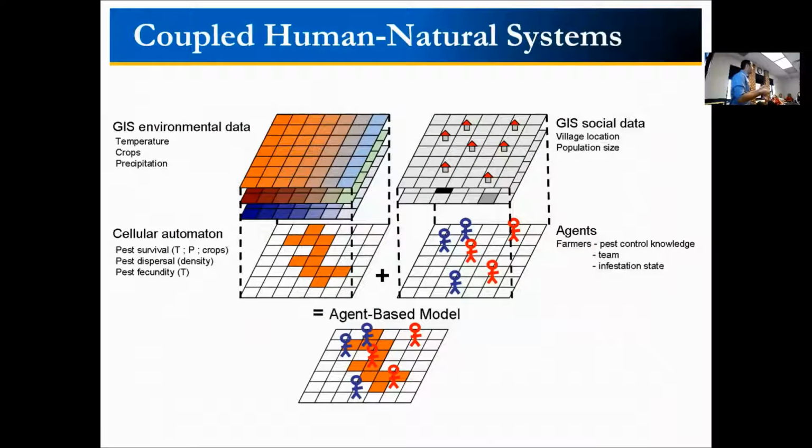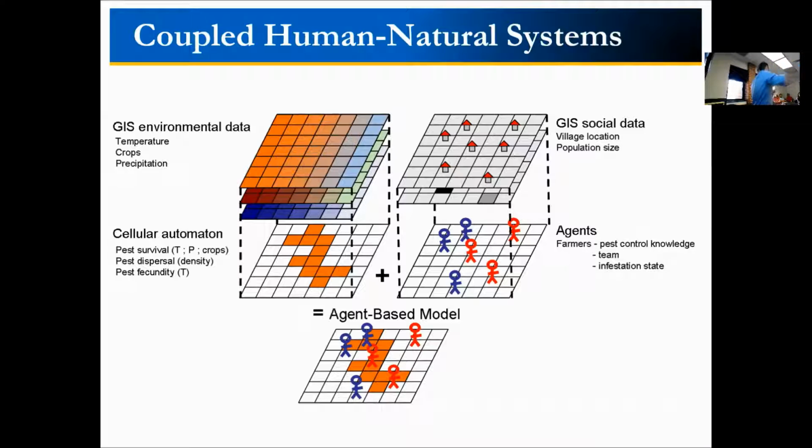And agent-based models are often used to mimic coupled human natural systems. But of course, they look much more complex than the example that I just showed you. In a real agent-based model of those systems, you would see, instead of simply a plain board with some grass where the sheep are moving,